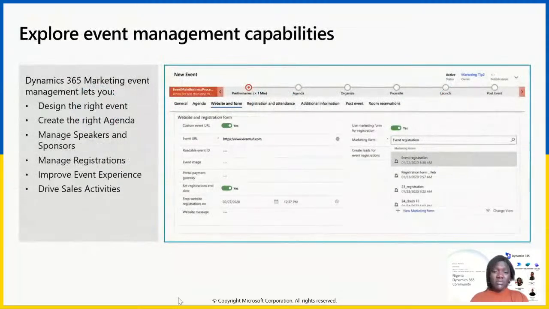So when we talk about event management capabilities, these are capabilities that are available in Dynamics 365 marketing, right? And what can you do? It helps you to design your events. So right from the beginning,